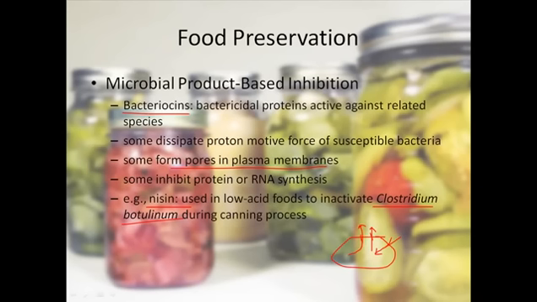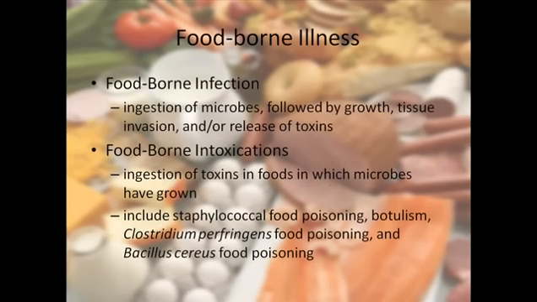So we can prevent this Clostridium botulinum toxin by using nisin, which is a bacteriocin. We can use this bacteriocin in low acid foods, for example tomato ketchup. We can use it in wines and beers sometimes to prevent the growth of Clostridium botulinum and to prevent the formation of botulinum toxin in our food. In our canning industries, we can use nisin and all these different proteins.